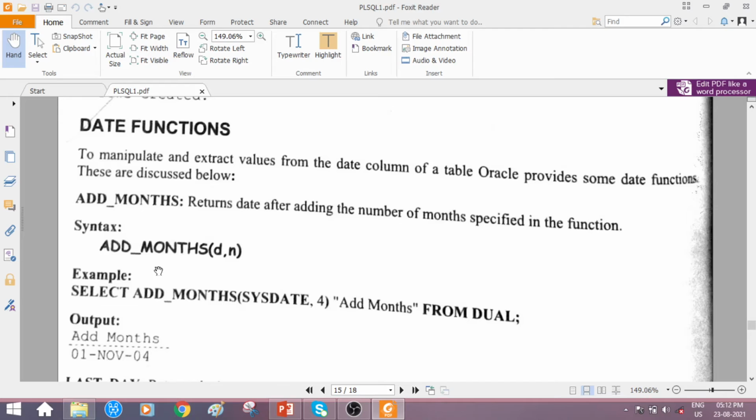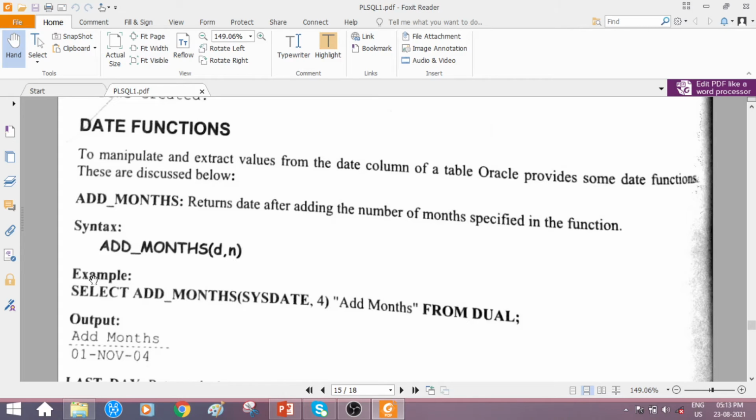Is that clear? The syntax is ADD_MONTHS within parentheses two mandatory values: the date to which the months have to be added, and a comma, then how many months to add, given with the second argument n.